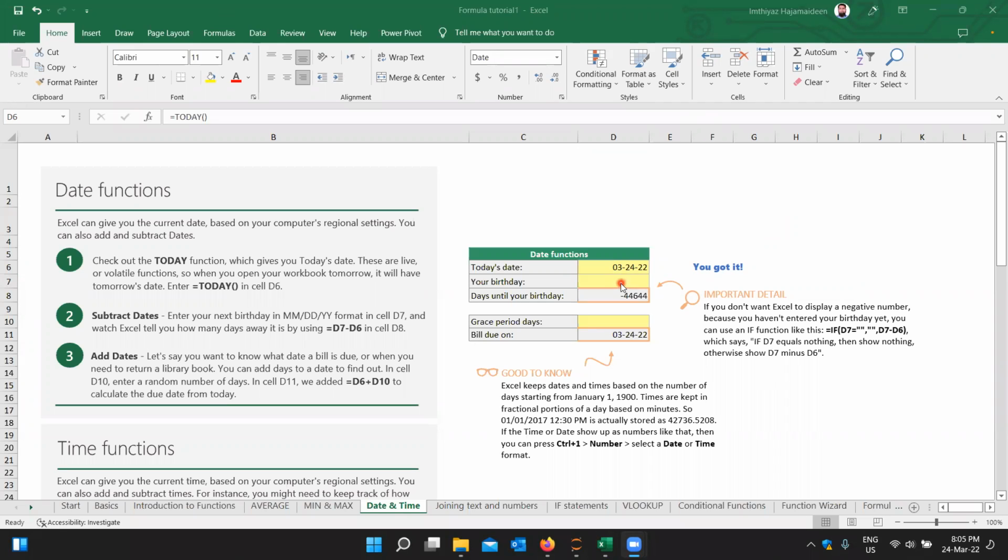So you got today's date. Now here, type your birthday. Let's type the birthday here. When you type the birthday, what does it give me? It gives me how many days there are between these two dates. The difference between these two dates is given here. How? Simply they have set D7 minus D6. But